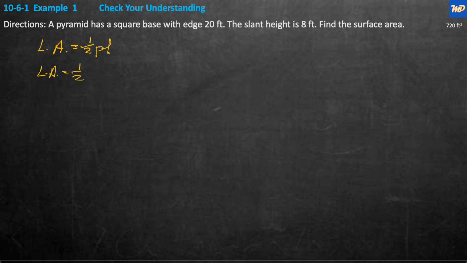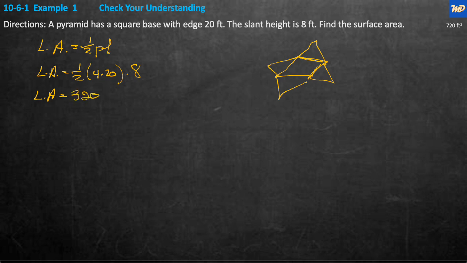And what is P? Well, if we draw it, then you got these triangles, right? I can't draw them all, but there's triangles all the way around. So this side here says it's 20 feet. So P is 4 times 20. 1/2, 4 times 20, times the slant height, which is 8 feet. Okay? So 4 times 20 is 80. Half of that is 40. Times 8 is 320. So LA is equal to 320 what? Feet